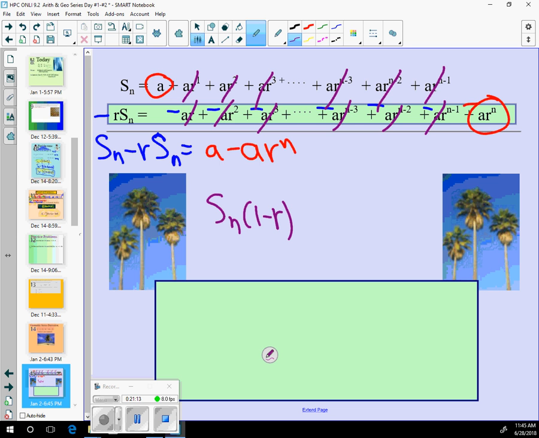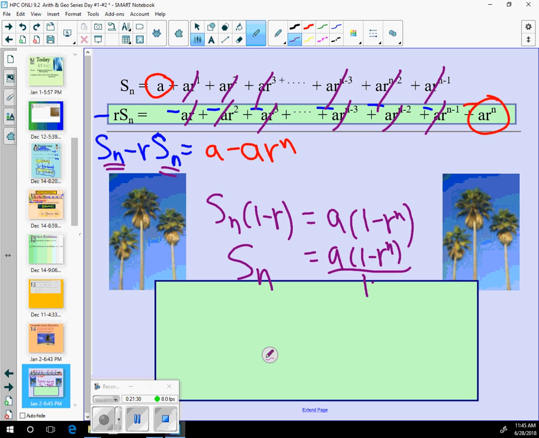I'm going to pull an s sub n out, leaving 1 minus r. I'm going to take an a out, get 1 minus r to the n. Then if I divide by 1 minus r, I'm going to get 1 minus r to the n over 1 minus r. And that's your formula